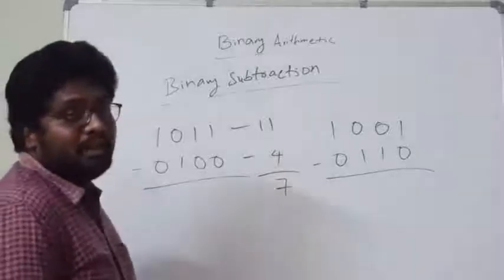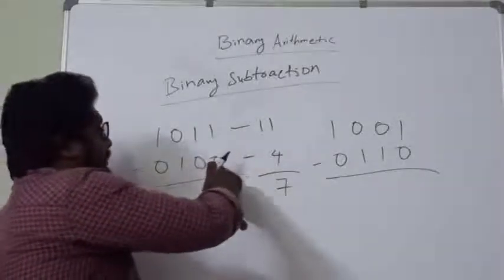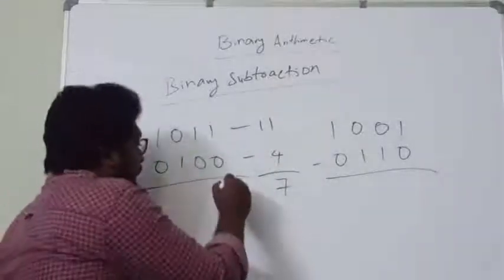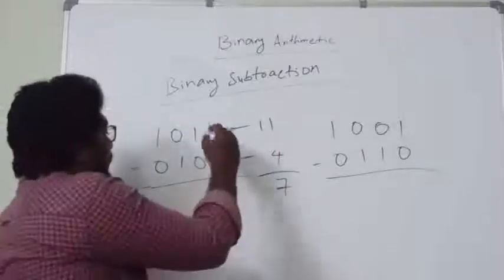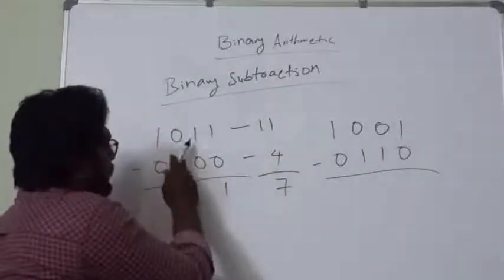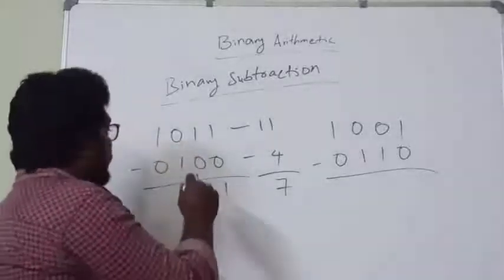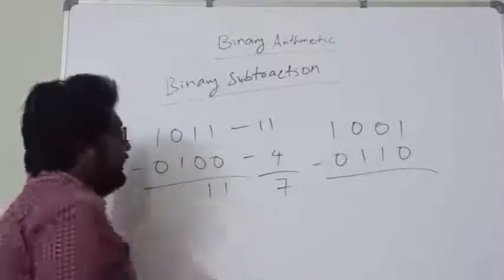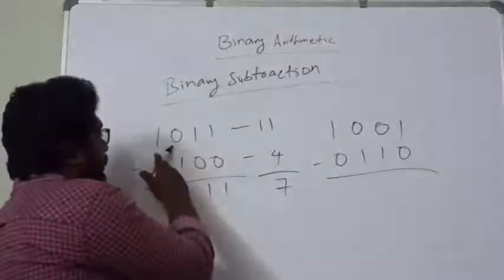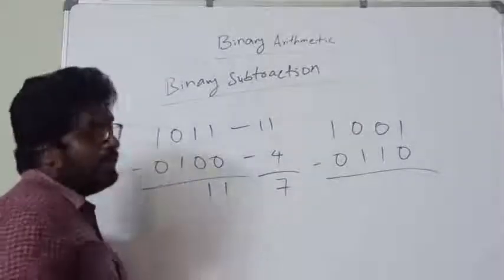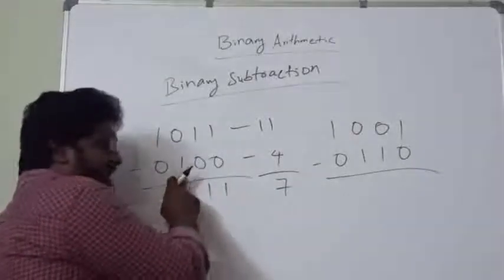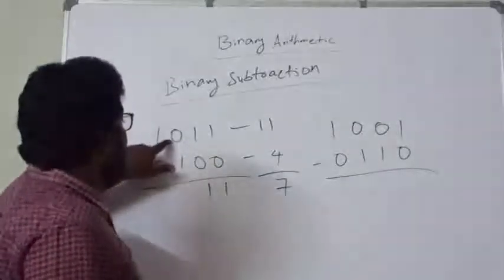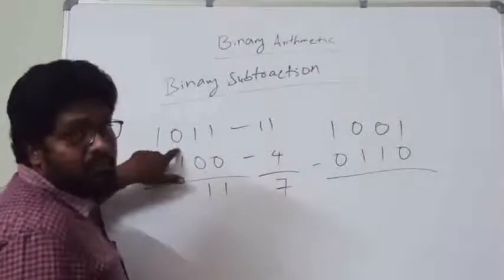So when we are subtracting the lower bit number from the higher bit number, the resultant will be 1. Same here also, we are subtracting the lower bit number from the higher bit number, that is 1 minus 0. So the resultant will be 1. So the next one is 0. We are performing the subtraction operation here with the higher bit number being subtracted from the lower bit number. That is, we are taking out the 1 from 0.